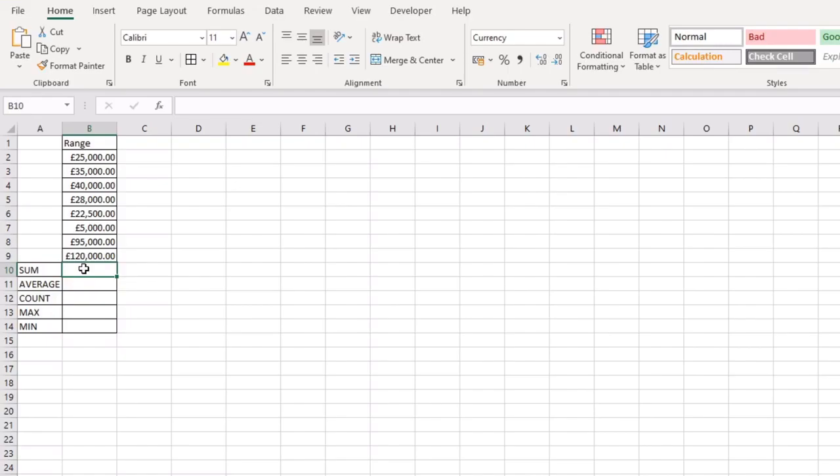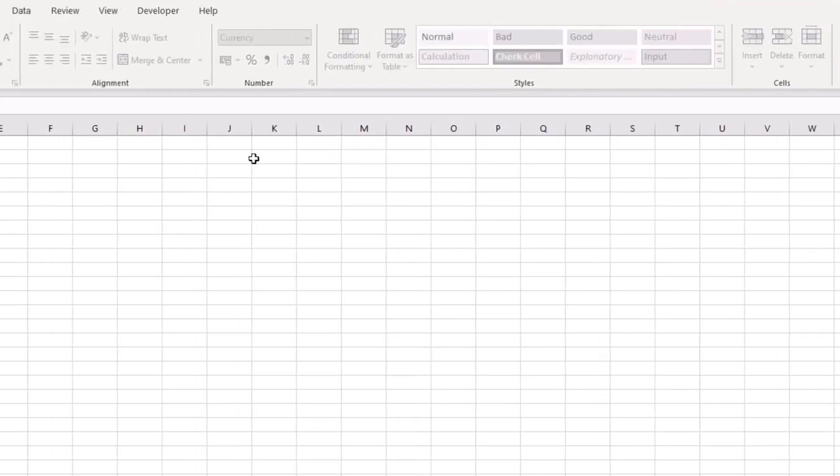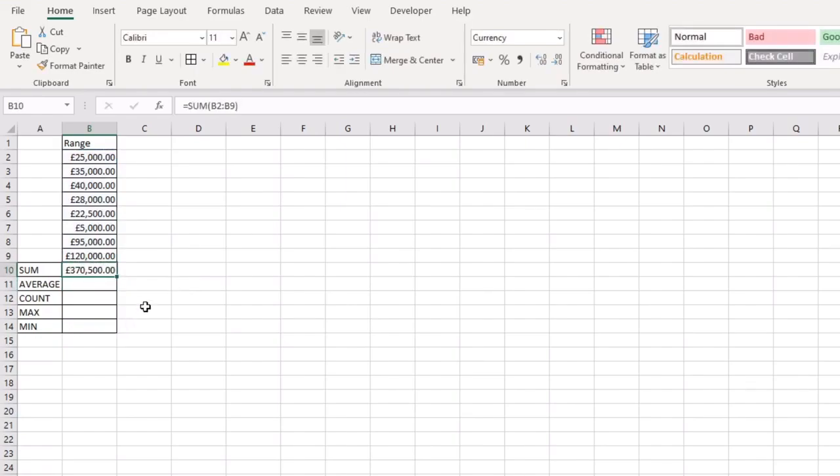So the first thing that we're going to do is just select the cell in which we would like to apply the actual sum value, and then navigate over to the Home tab on the ribbon. Across on the far right hand side you will see the auto sum function just here. Now for sum, which is set as default, you can just click directly into the button and back over to our range here, we can see that it has automatically detected all of the values above the function and highlighted them for you, assuming that is what you would like to summarize in this particular example. So I can just press return